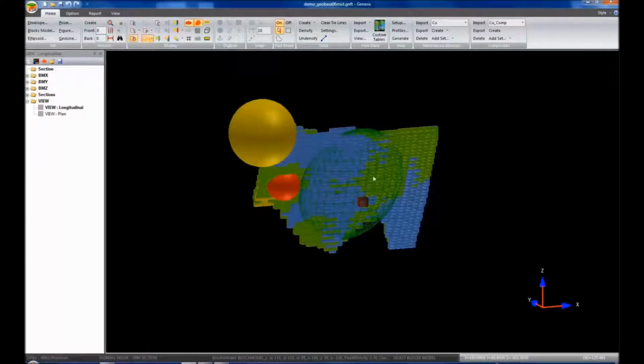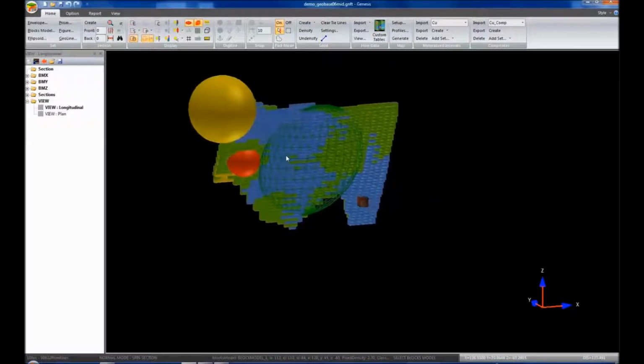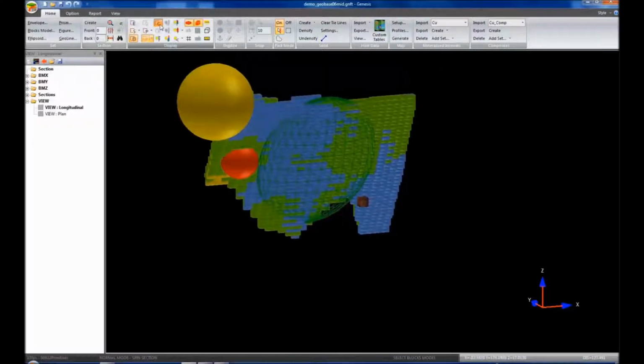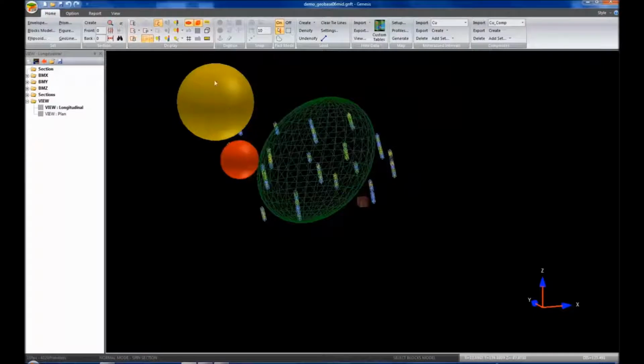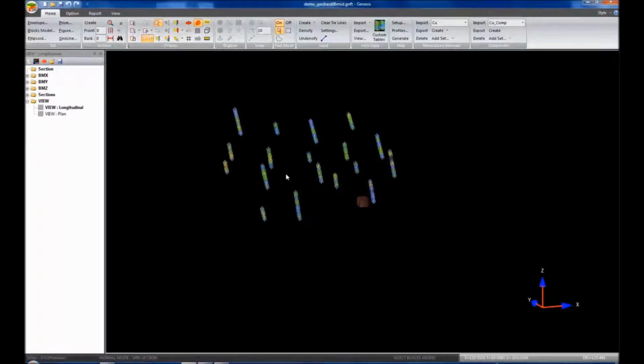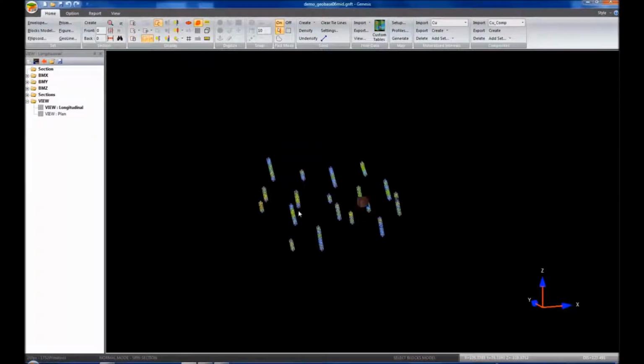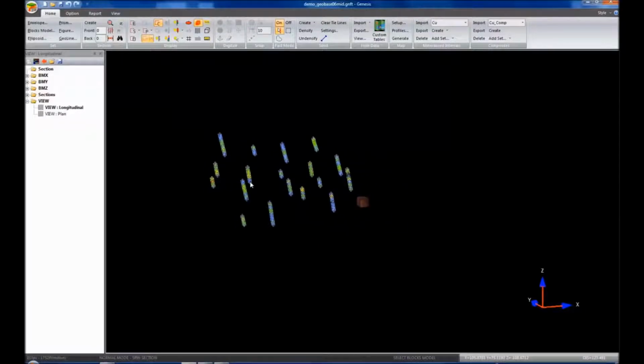My wireframe one is my ellipsoid for estimating the blocks, and I have a measured ellipsoid here in red and a yellow one. Now, how did I choose 25 meters? For this particular model, I'm going to view our composites, and I'll take off the block model and the ellipsoids for now. And I wanted to find a spot where